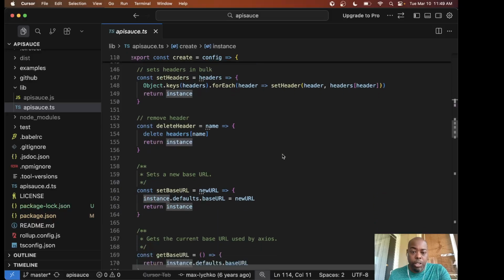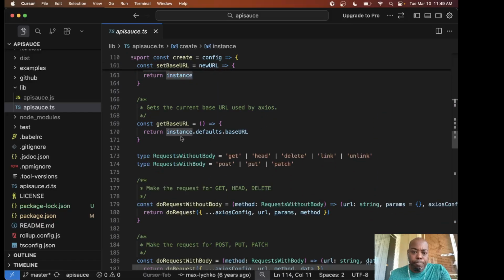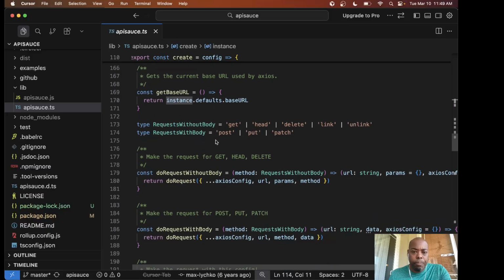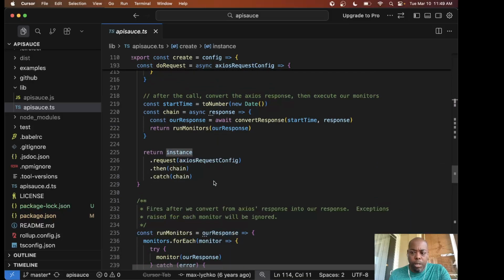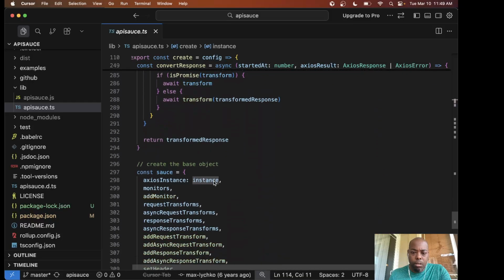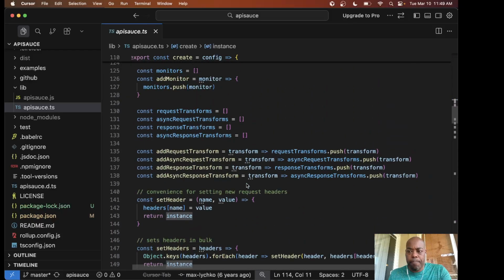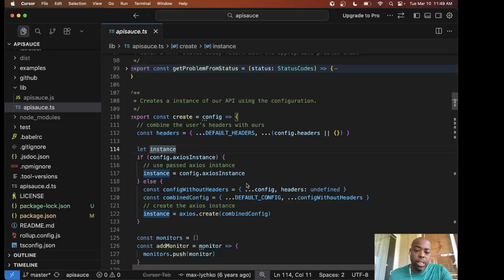It's being used there. It's just being returned, returned, returned. Okay. It's just being accessed here. That's fine. And it's just being returned here and then down here. Okay, so this is an Axios instance that we are working with. Since it's only ever being assigned once and then accessed one time, but ultimately just being returned out of here, that's good. That allows us to,